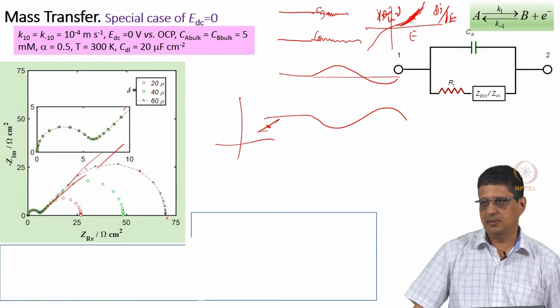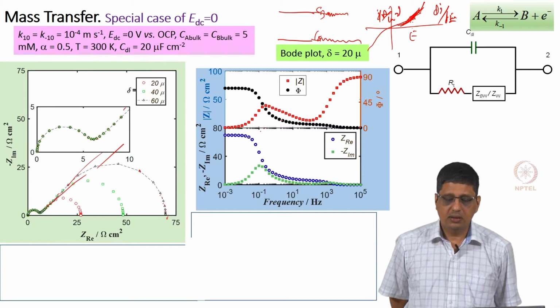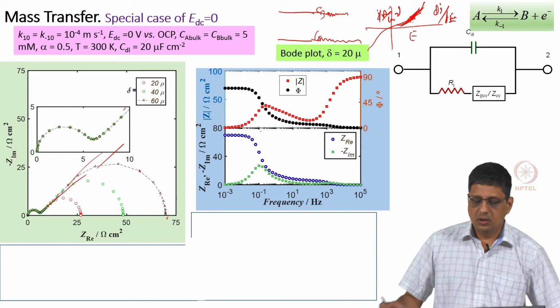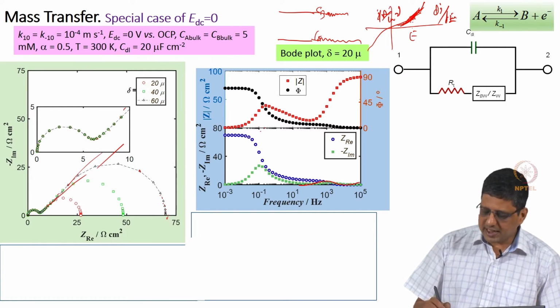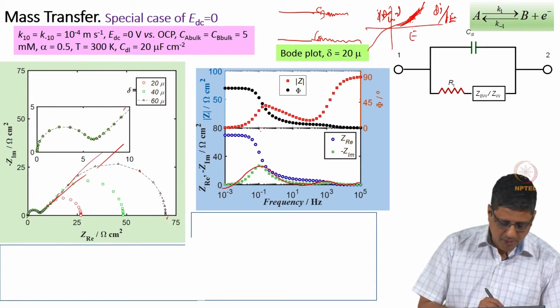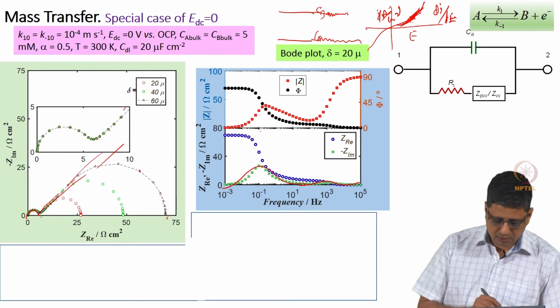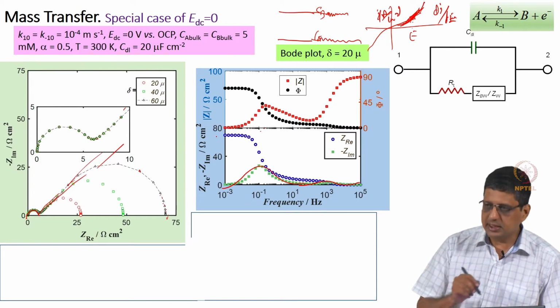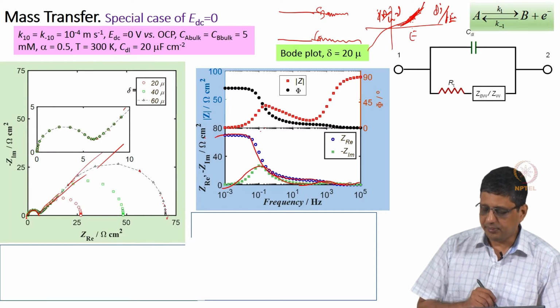down and settles. And if I really look at the Bode plot, there is a small maximum here, it is not easy to see in this scale, and then the imaginary part goes through a maximum here and then another maximum, correct. The real part of course increases, settles, and increases and settles again.